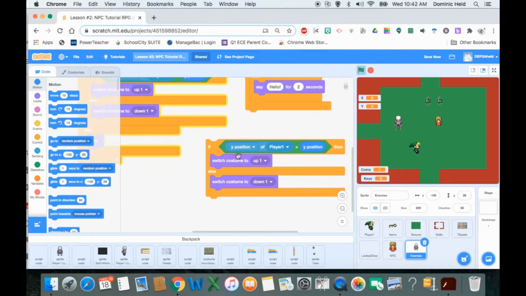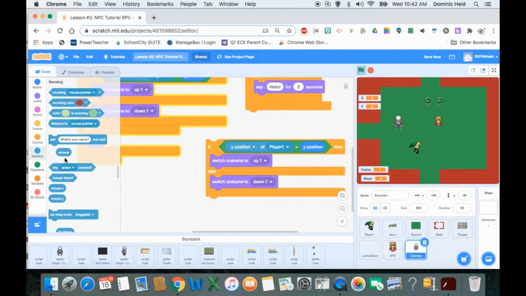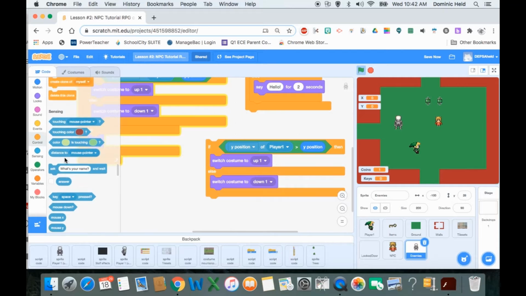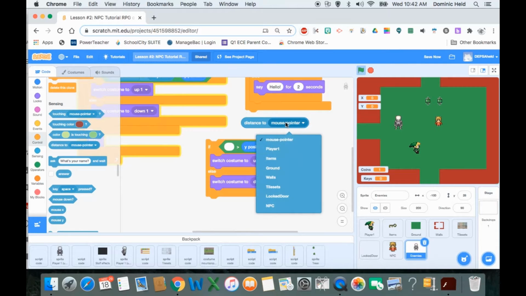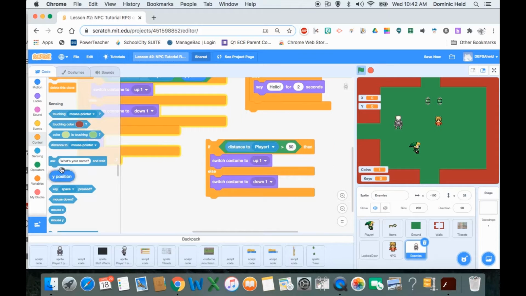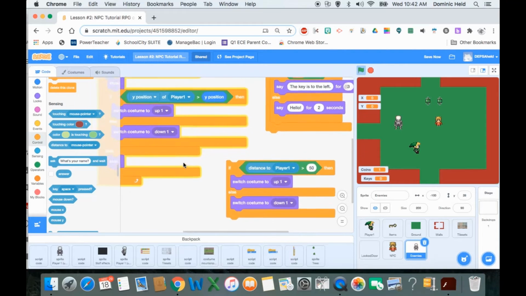So if, and not the Y position of Ranger, we're going to do a sensing thing here. We're going to sensing, and similar to that, but we're going to do this code called distance. Okay, and I'm going to just throw that away. So if distance to player 1, and I'm going to use a value here, not the Y position, but if the distance to player 1 is greater than, we'll leave it at that, 50. So if he's further away from me than 50,